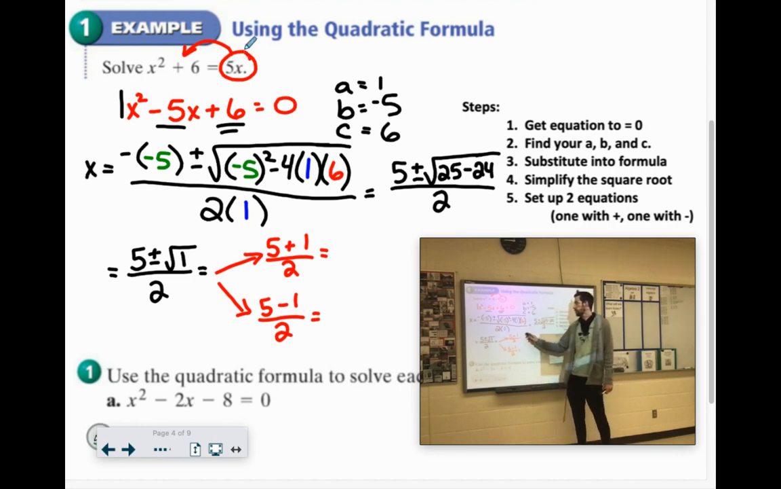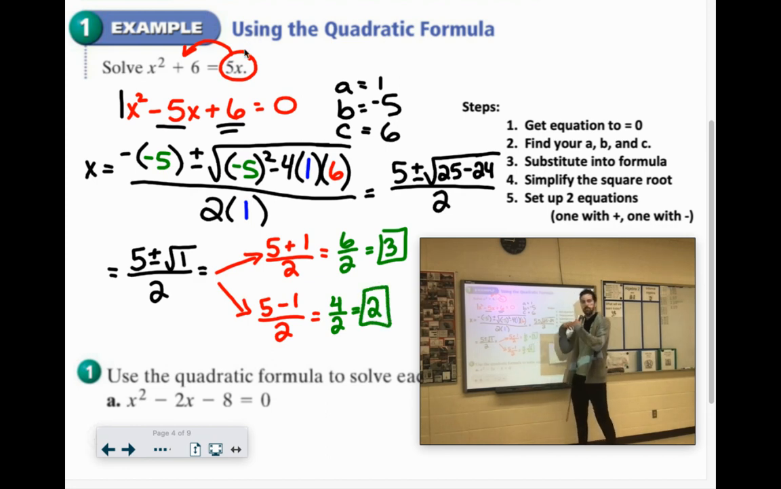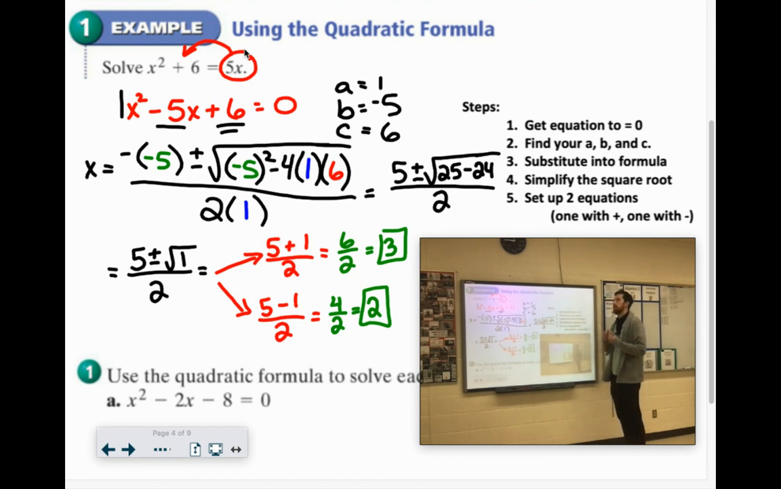Now 5 plus 1 is 6, divided by 2 is 3. 5 minus 1 is 4, divided by 2 is 2. Now these are both our solutions. You substitute them into the original equation, and they both work. Now, if you took what we had in the red there, x squared minus 5x plus 6 equals 0,